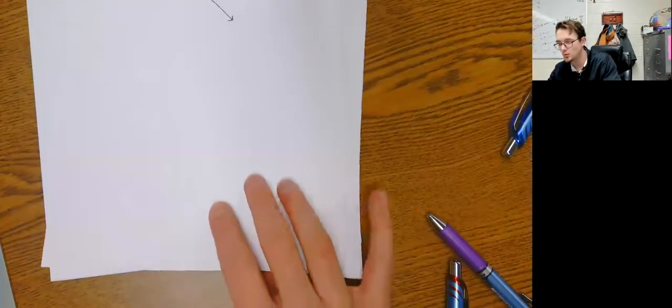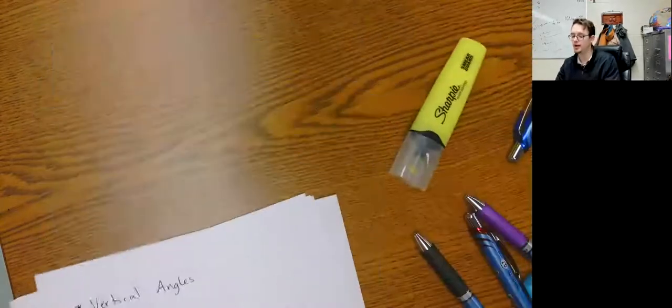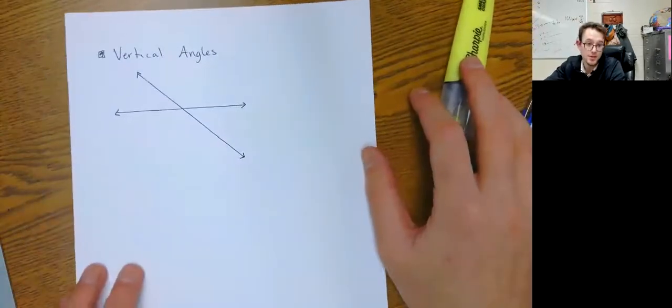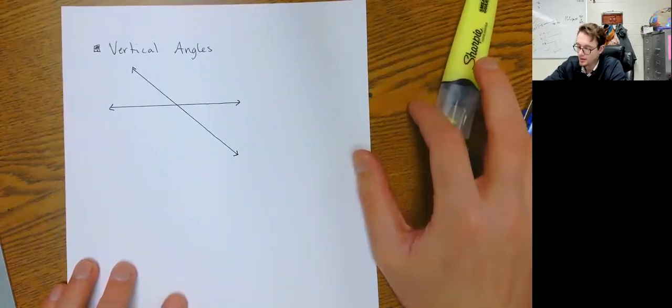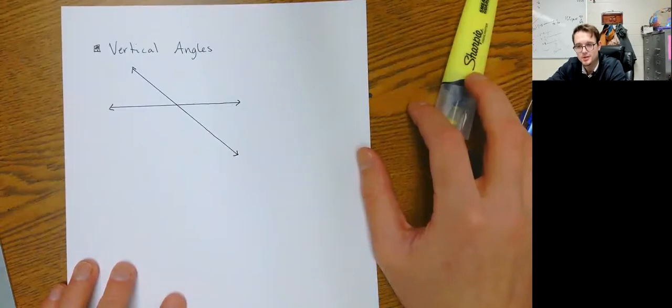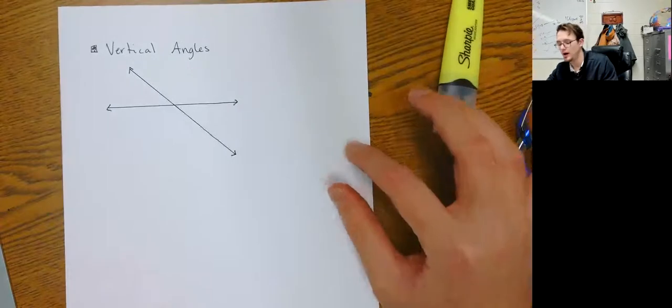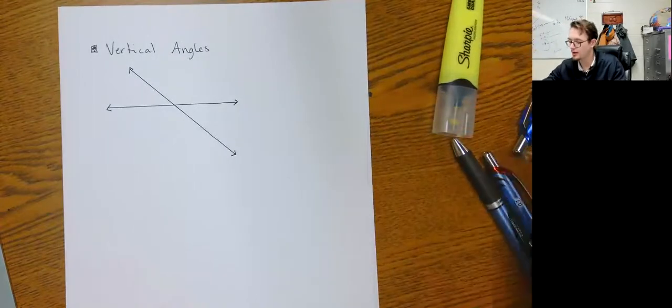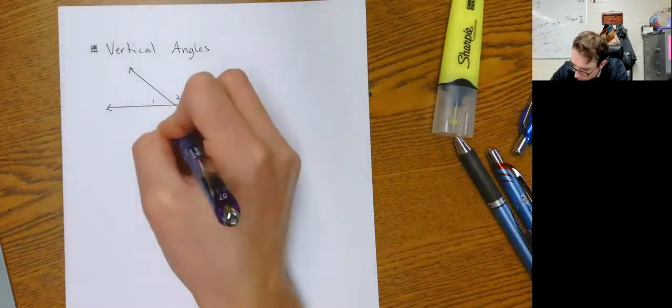Moving on to some more fun stuff. And this is the last one of this video. Vertical angles. So vertical angles are angles that are opposite each other, and basically their non-common sides are opposite rays. They're just made out of opposite rays. I like to just think of it as an X. So how I like to think of this is if I have angle 1, 2, 3, and 4,